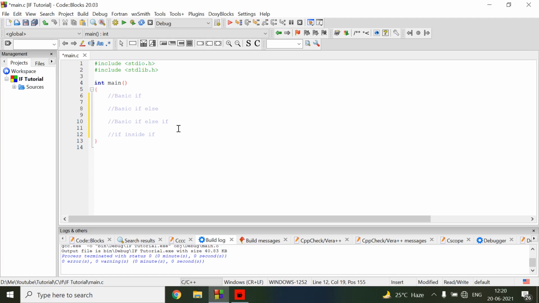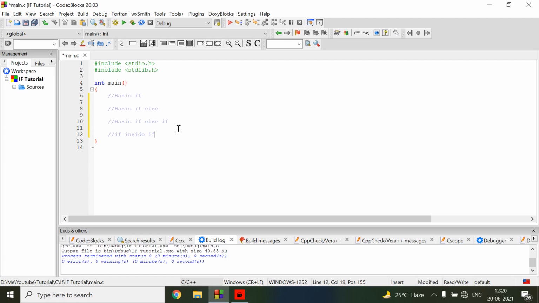Suppose you want to display hotels based on their location, then you need to apply a filter on the location. Like that, if you want to display students based on their marks, then you need to apply a condition on their marks. In those situations we need to apply conditions. Most of the time, and most frequently, we will use the if condition.